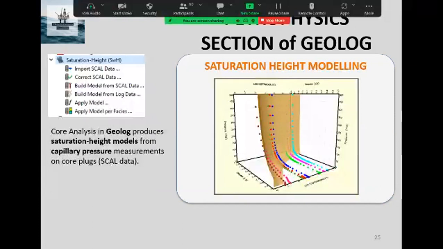Another important module of Geolog is the saturation height modeling pack.